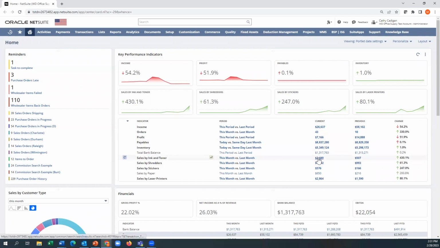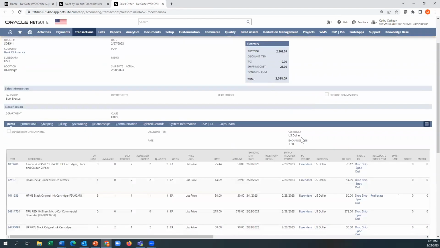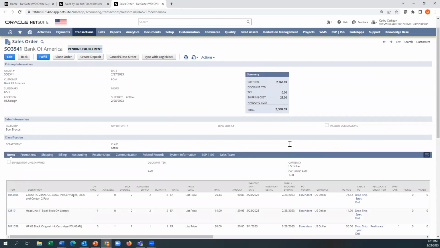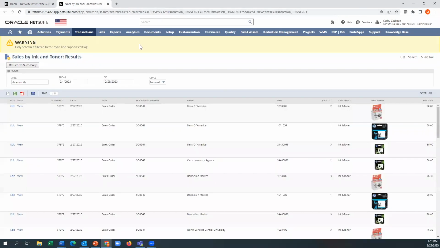But when I drill into this, and again, I hit the control key just so I can open a new tab. Slightly different look and feel, but notice now I got my images, I got my items, I got my client, my order. I can also view this just by hitting the view button. And now I can see, here's my sales order, the products that I sold. So again, drill down capabilities.